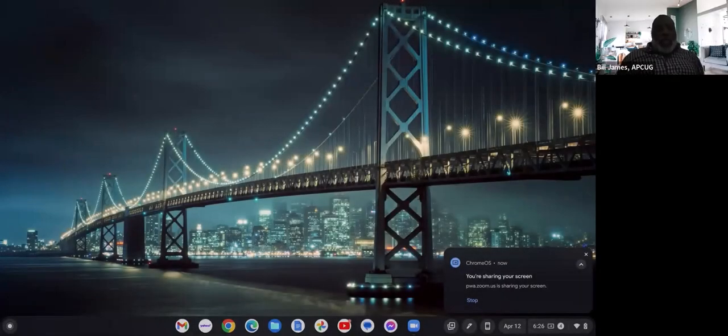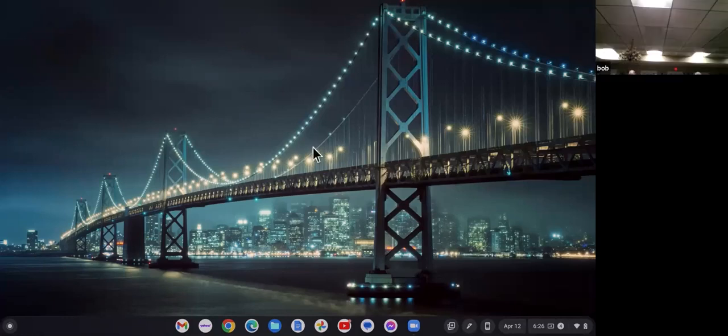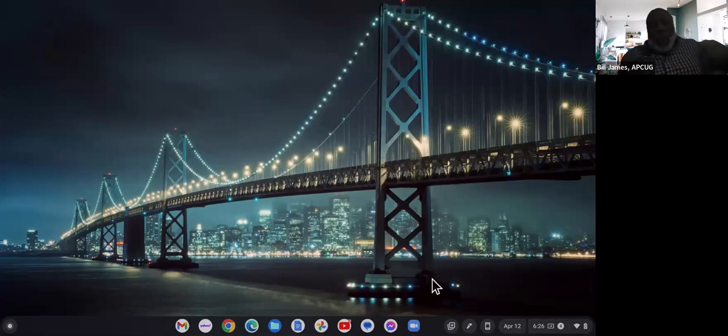So much like Windows, we can have all the pretty backgrounds that we want. Google has a whole gallery, or Chromebooks rather has a whole gallery of attractive wallpaper that you can install. But the things I want you to focus on at the moment is this area below is called the shelf. And as you can see, it's the equivalent of your Windows taskbar. So like the Windows taskbar, you can